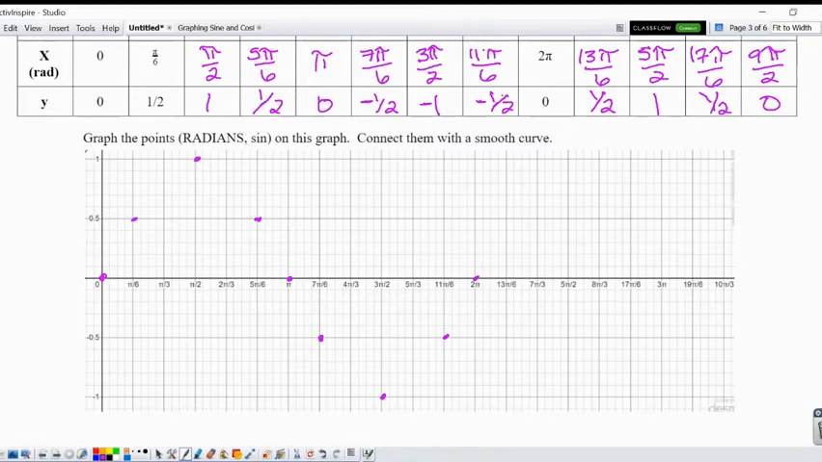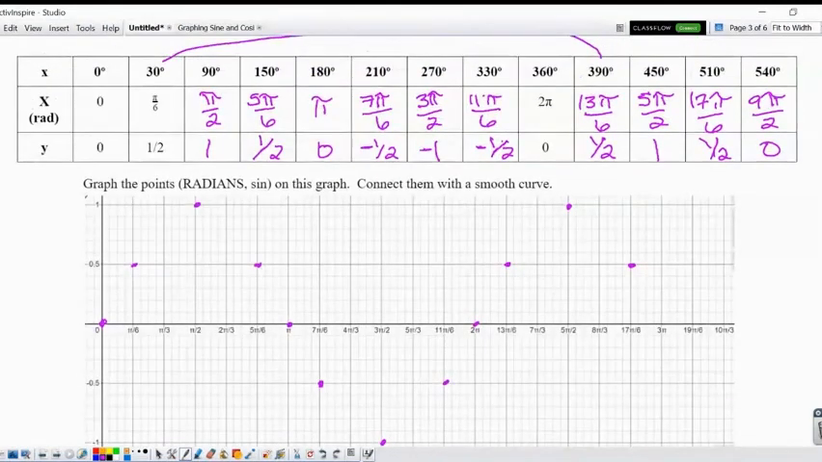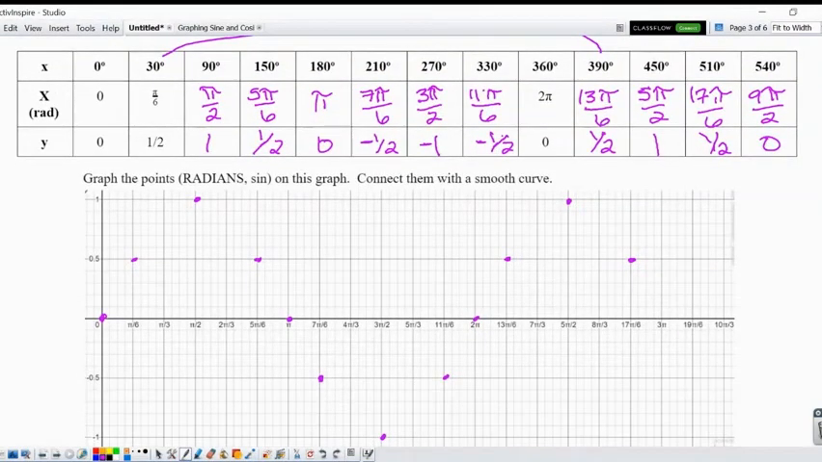13 pi over 6, we're at 1/2, that's our coterminal angle. We're repeating our values. At 5 pi over 2, we're up to 1. 17 pi over 6 at 1/2, and at 9 pi over 2, did I do that right? 540, sorry, this should be 3 pi. My bad. Should be back at 0. Sorry about that. All right, so now that we've got those plotted, we're going to connect them with a smooth curve,